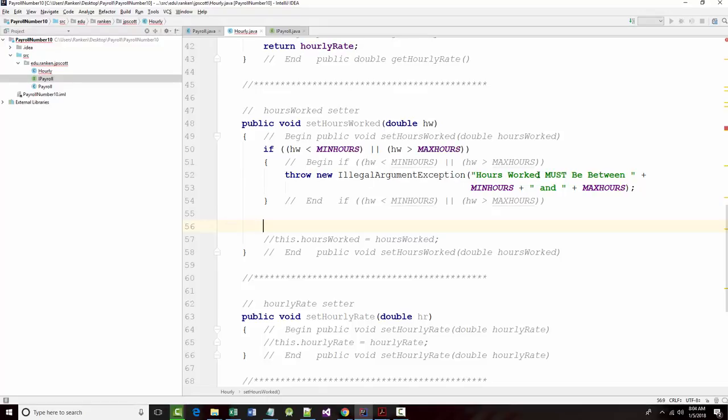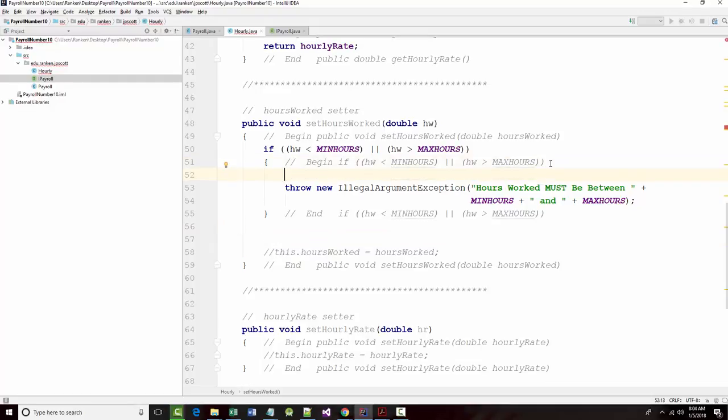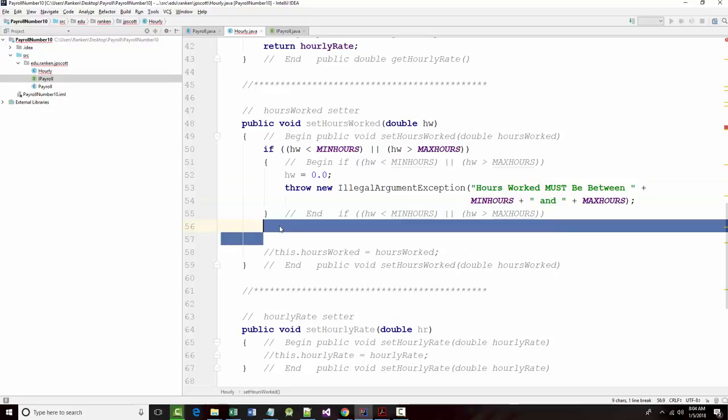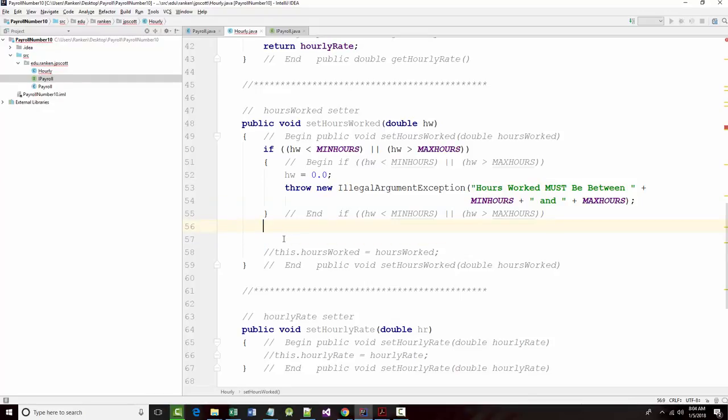All right? But I can decide, the other thing I want to do is I want to just set hours worked equal to 0.0 because it was illegal what I put in there. So if it's out of range, reset it to 0 and throw an exception. All right? But whether it's out of range or not out of range,